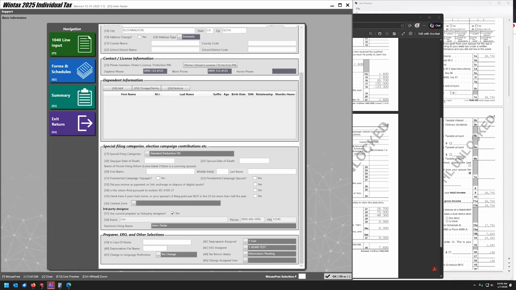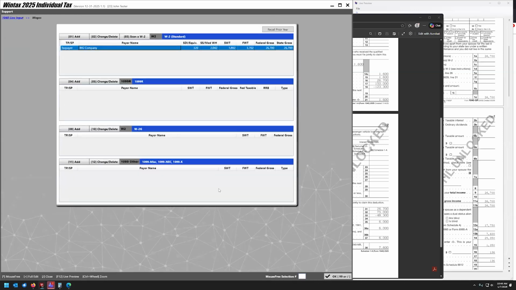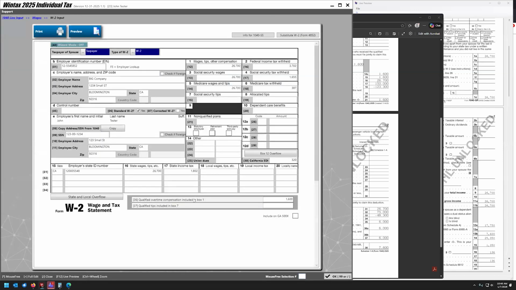Let's see. What else do we have? The overtime input, again, the overtime input is pretty simple. It is just the W-2. Down here at the bottom, you have your overtime compensation. So whatever amount of this box here, line 12, was their total, their qualified premium overtime is what's going to